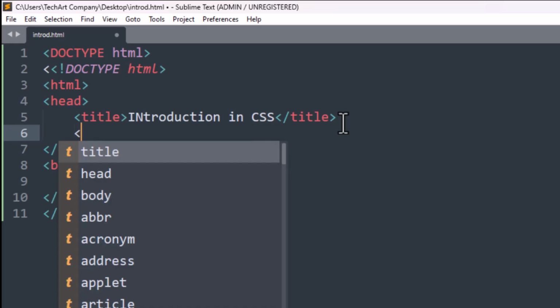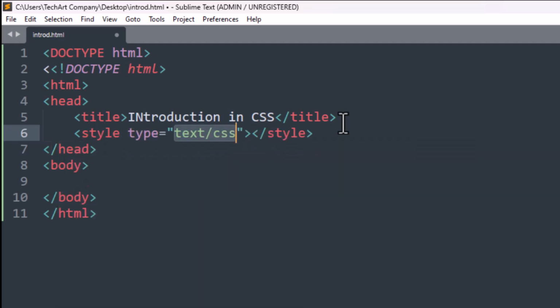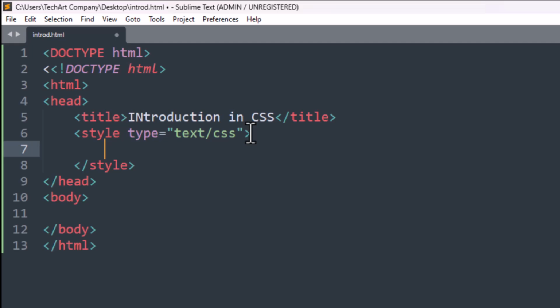So I'm just going to call it style, as simple as that. And as you can see, it has auto-filled with this text of CSS. I can remove this, but for now just leave it there. It doesn't affect anything. So in this style, I'm just going to say that the body background should be a certain